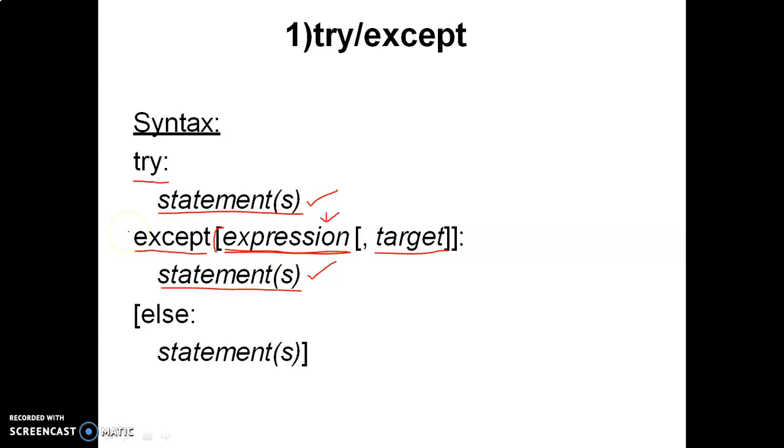If no exception is raised, that is, the try statements are completely executed, then after executing the try block, it comes to the else block and executes the statements there. This is optional. If an exception is not raised, whatever statements you want to provide after the try block, you can specify in the else block. If you don't require any statements after try, you need not mention the else block.